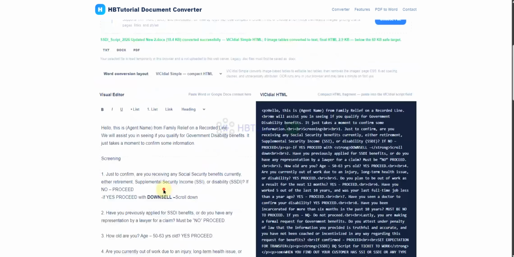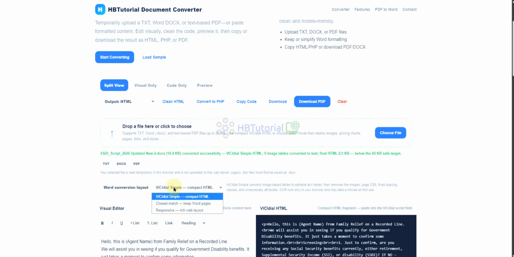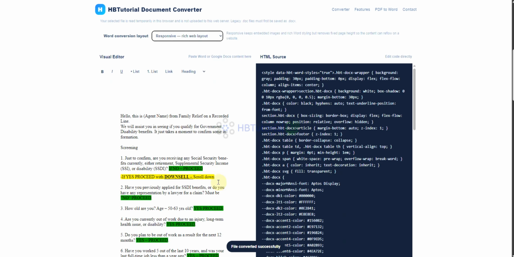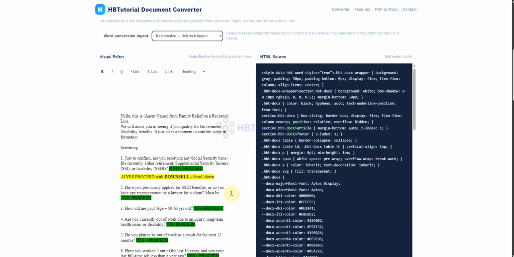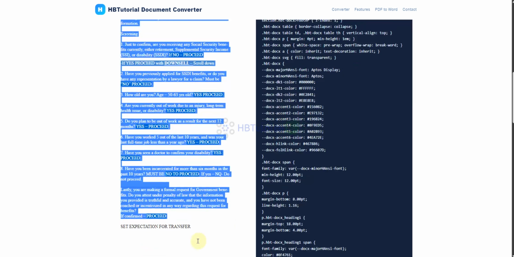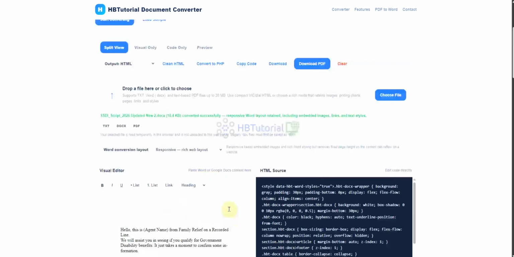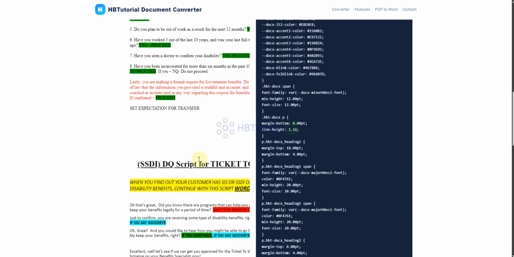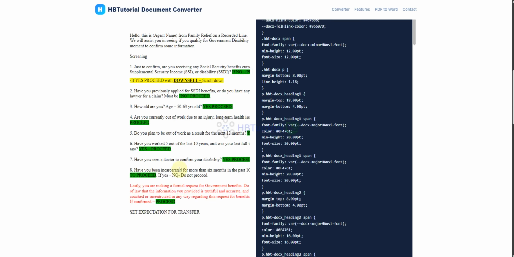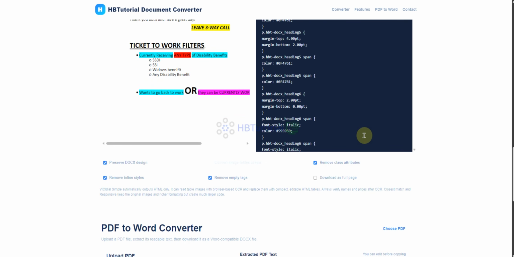Okay, so as you can see, this one is very simple, but when you click the BC dial simple compact HTML, this one is another layout. So this is the layout of the script. If you want to upload the same layout as your script, you can use this one, the responsive, or this one. But the issue here is that once your script is too long, the dialer cannot load all of that.